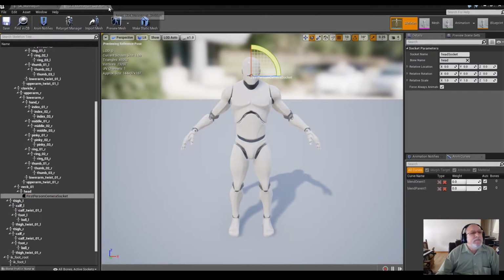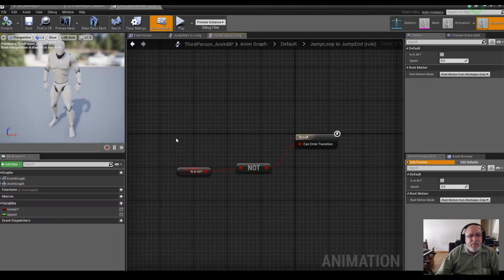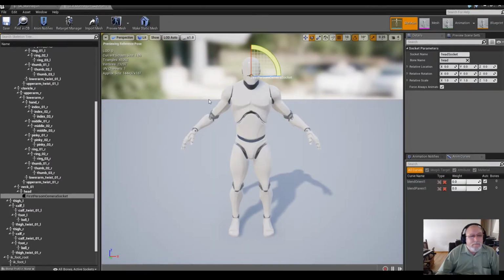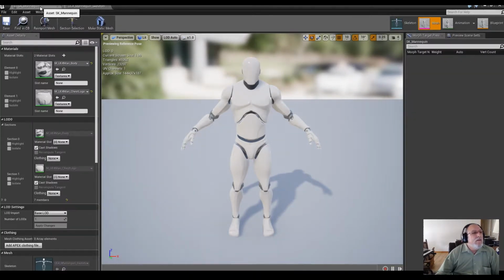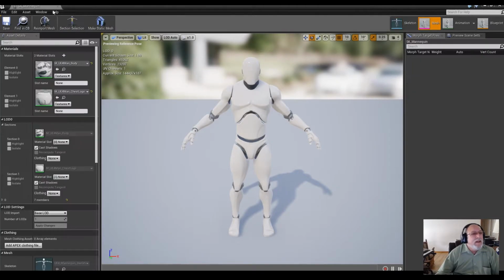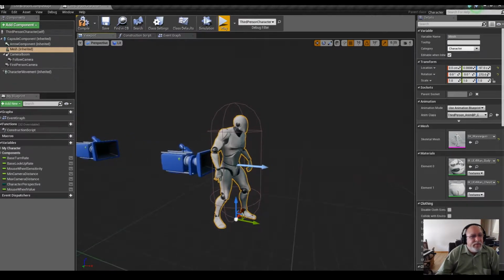So we'll save this, and we will go back to our blueprint. Oh, no, this is the animation stuff, sorry. I'm going to go out of that. We don't need that for now. We want to go back to our, oh yes, we've saved this. Sorry, I'm getting confused on the windows here. I didn't attach them to my main window. So we have now a camera, and we're going to take this camera